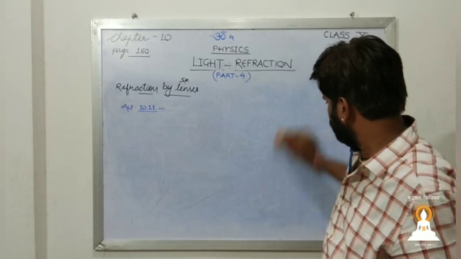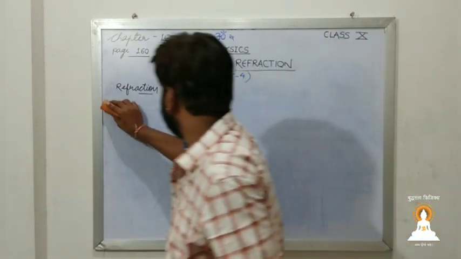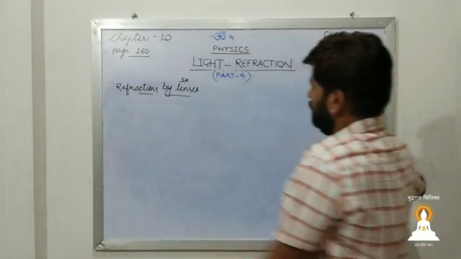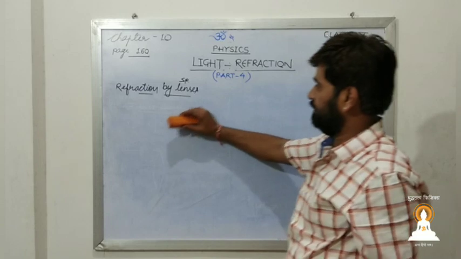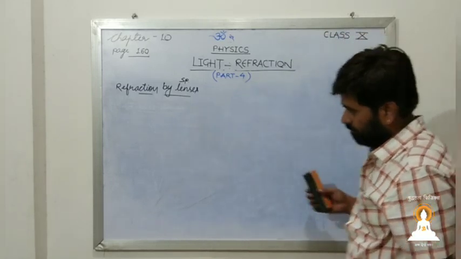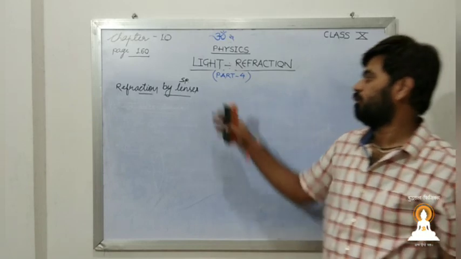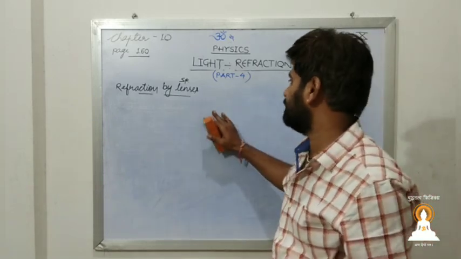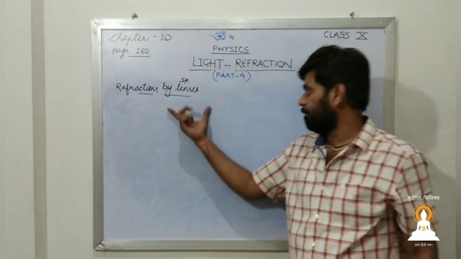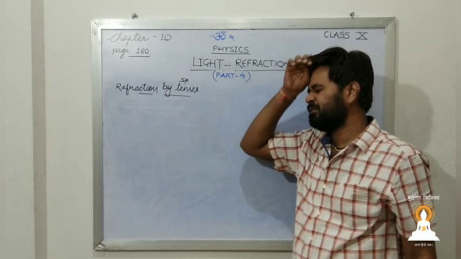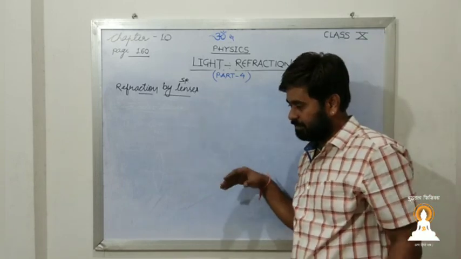Let us move now. Whatever we have done for mirrors, this time we are going to do that with lenses. Again we will have two types of lenses. Again we will see the rules to form the ray diagram through lenses, and again we will make 6 cases for a particular lens and 2 more cases for the other lens. Why that 6, we will see everything over there.